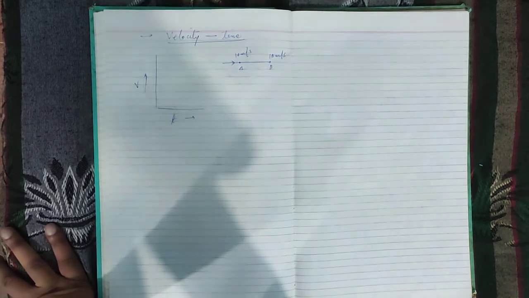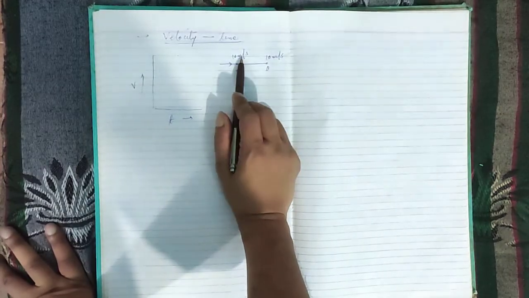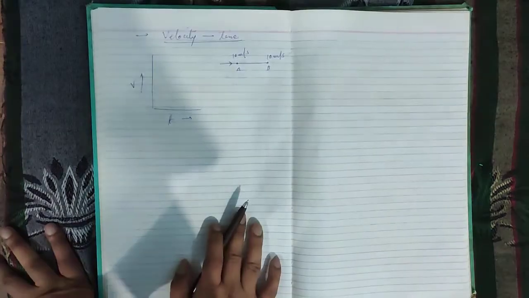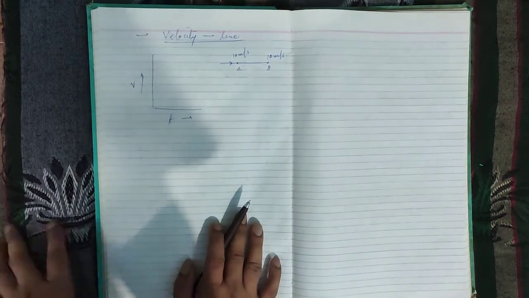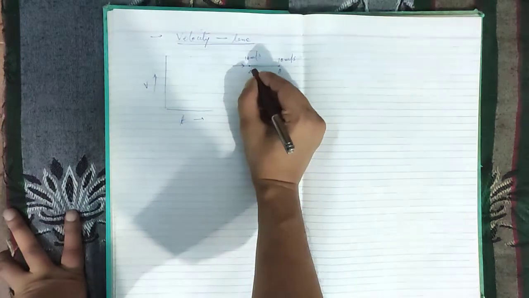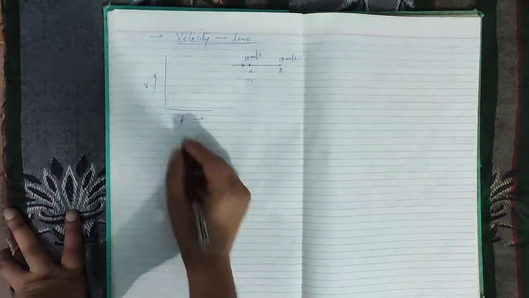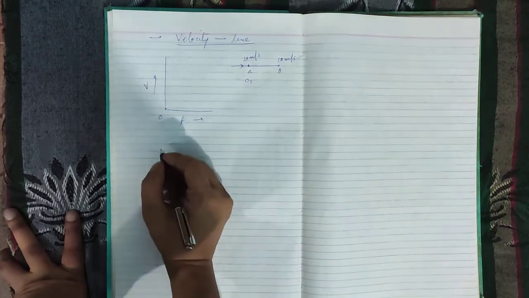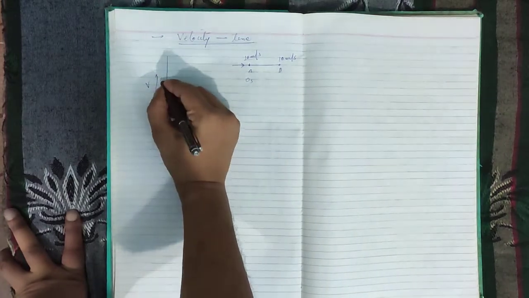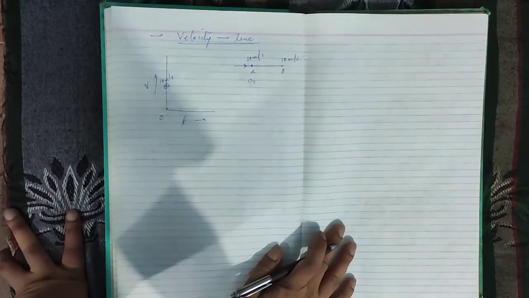I said again and again that if the object is in motion, its velocity always remains constant. So in this case also the velocity of an object is constant. If I try to plot the graph of an object, suppose at time 0 seconds its velocity is 10 meters per second. So I plot the graph starting from 0, and somewhere over here it is 10 meters per second. So I plot my first point at 10 meters per second.